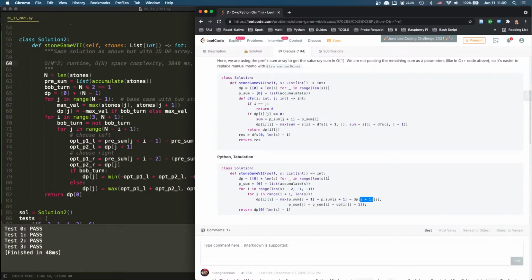No, j is not the length. j is the end point. Oh, i and j are the indices. i is the front, j is the back. Okay, so